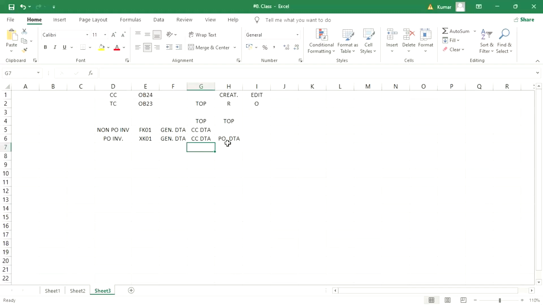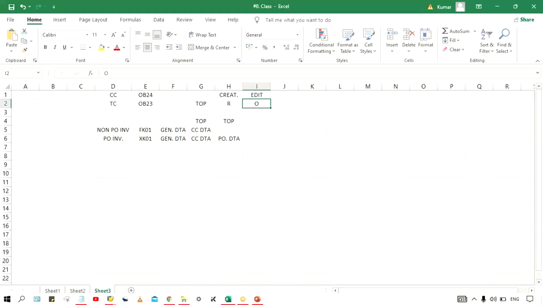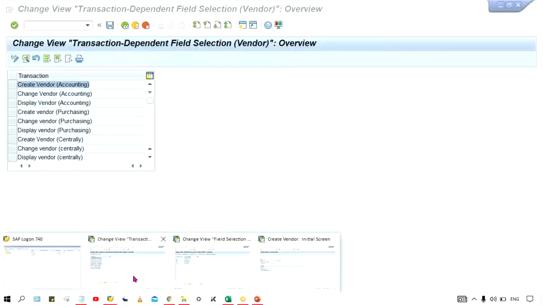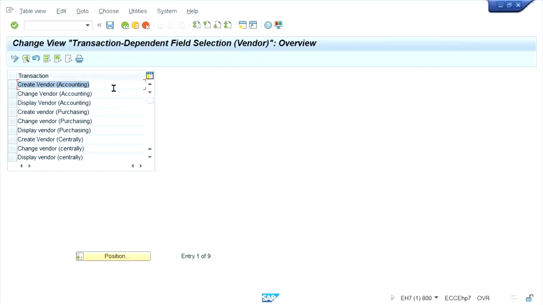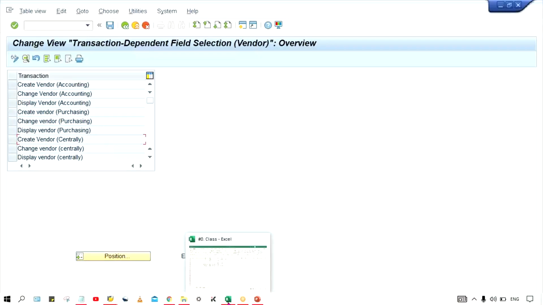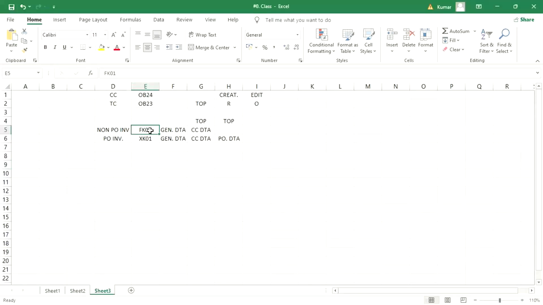that the control is, for creation, at the time of creation of vendor master, a particular field, terms of payment field, is a required entry, and when you change, edit, in that case, it should be optional. Simply here we are having this, right? So again, accounting, purchasing, centrally. FK01 is for accounting, and this is centrally, and for purchase, I think MK01 is the transaction code